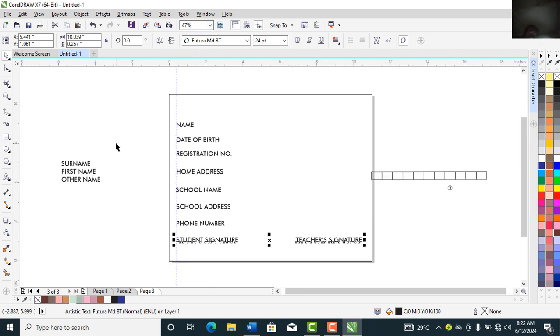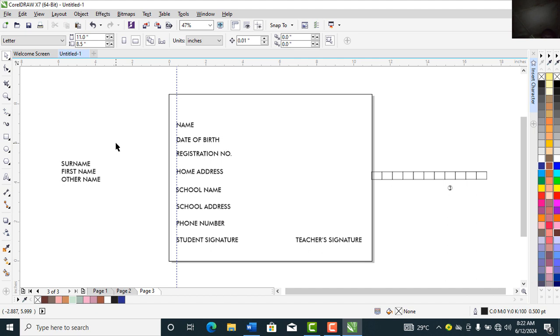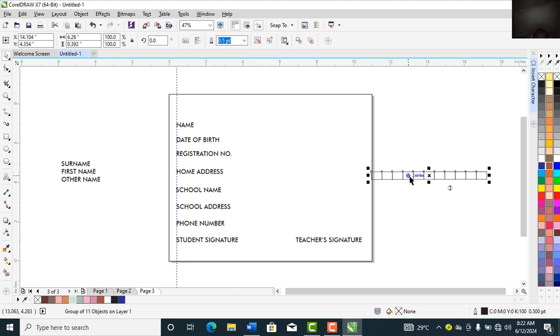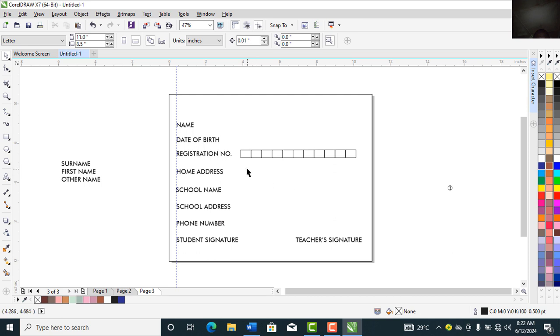Text page. Please make sure you use the same font I use. I need to follow accuracy too. The ability to follow instruction is very important, because you are having this as an exam. It is expected you follow the instructions that were given. So I have my registration number here dropped. Then I can use